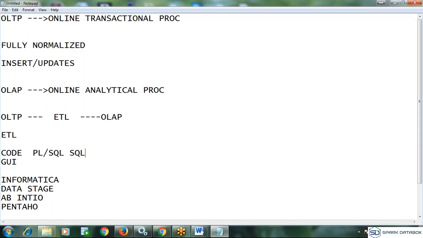If you go with PL/SQL, your complete ETL process runs by using procedures. If you want to make any modification to your coding, such as modifying some logic or adding two columns, it is highly difficult to see the impact. Thousands of lines of code are there, and analysis alone takes much time.